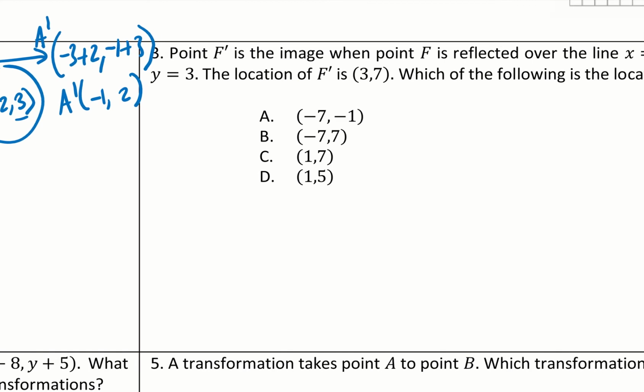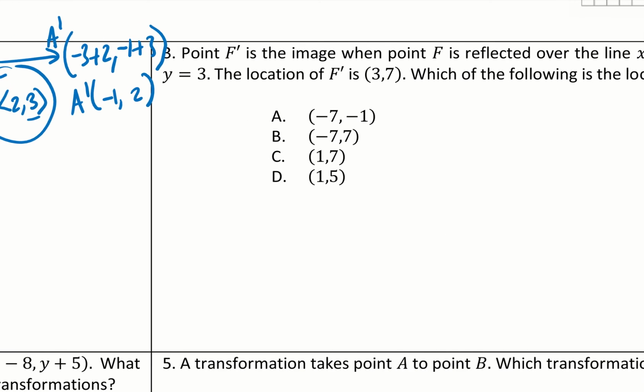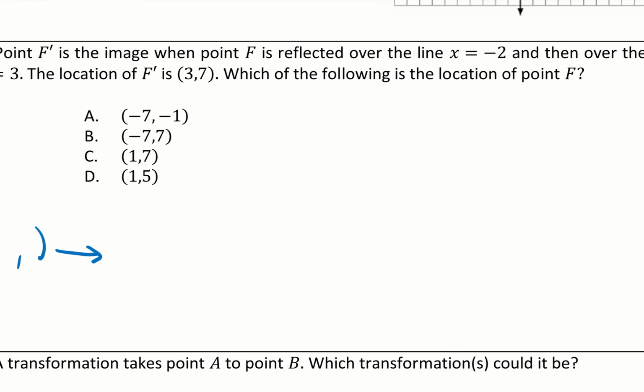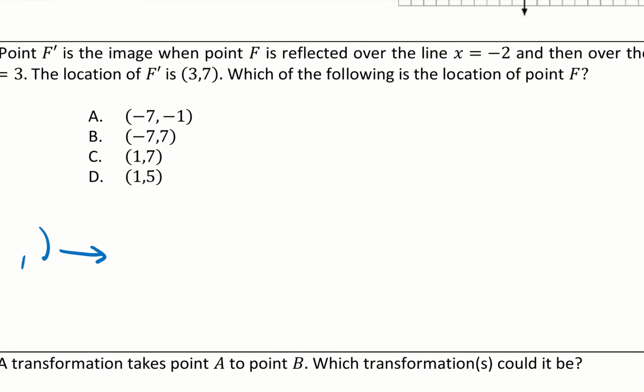So we don't know F, right? So that's an unknown. So I'm going to go ahead and label it here. F, we don't know the coordinates for F. However, we do know that it undergoes 2 transformations, right? It says,